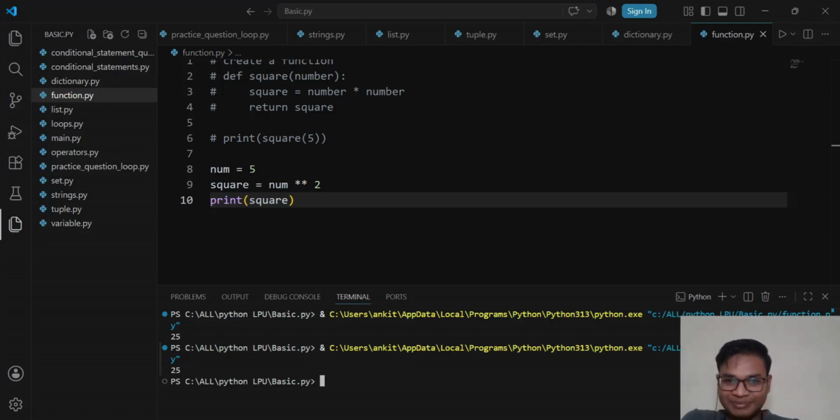So what does it mean? Why do we use it? Just think, if you want to change the number and print the square again and again, you have to change the number again and again. That is not possible, and that is not a better way. Changing the number is good, but that is not a better way. That logic is correct, okay, but the runtime takes too much time,